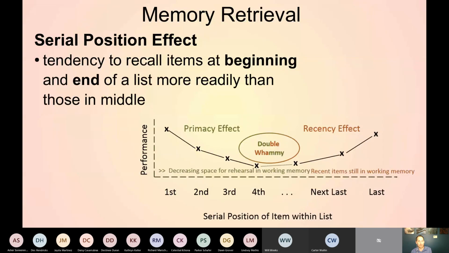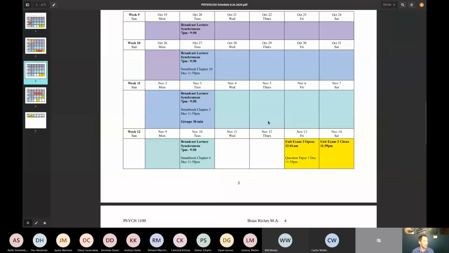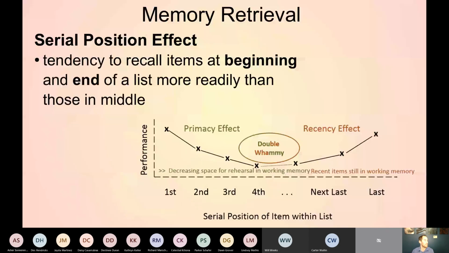And then next time in class, we'll have plenty of time to talk about memory retrieval, memory tips for life. We'll probably review a little bit about how to make memories, but actually this is relevant to this point. The serial position effect is one thing: we tend to remember things at the beginning of something and the end of something. So you are most likely to remember things that happen at the beginning of this lecture and the end of this lecture.